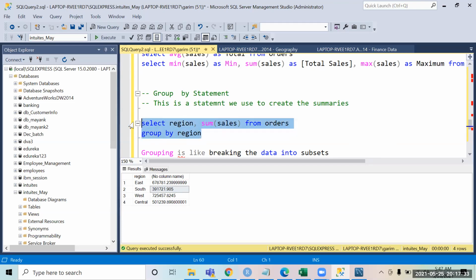And when you have that data in multiple parts, it says, okay, East region, let me find the sum of sales. West region, let me find the sum of sales. So that is how the group by clause basically works. Whenever you are using a group by clause, you should be using aggregate functions. Aggregation will always be there. You cannot say select region, comma, sales, group by region. It will not work. It will give you an error. So group by clause always needs an aggregate function. And secondly, whatever categorical data you write in the select command has to be there in the group by also.